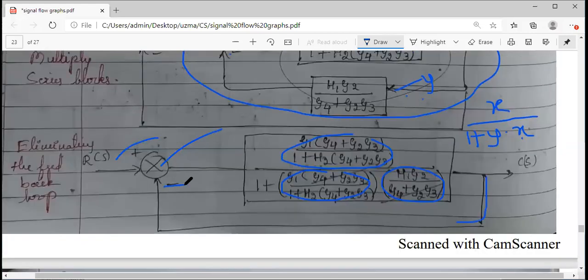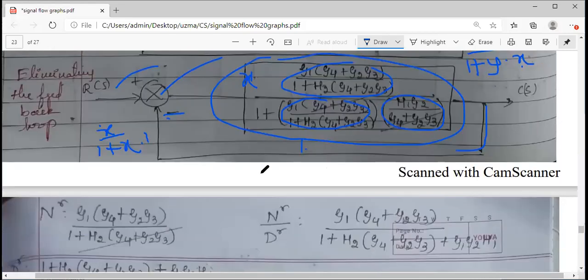Now there is one more last feedback loop remaining, but here there is no block given. Understood that it is a unity gain feedback, the value is 1. So how will you remove this? Again, let us consider this bigger value, whatever it is, as x, and this is 1. So how will you write the transfer function? The transfer function is the numerator, this complete value x, divided by 1, negative feedback, take plus, x into feedback gain, whose value is 1, and x you replace it with this bigger, complete term.